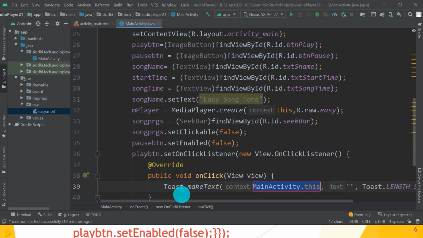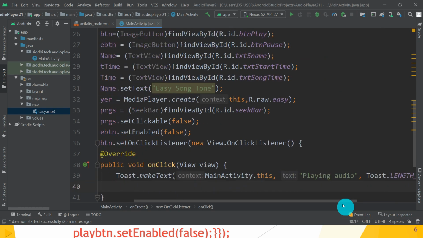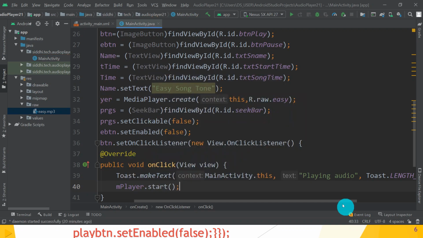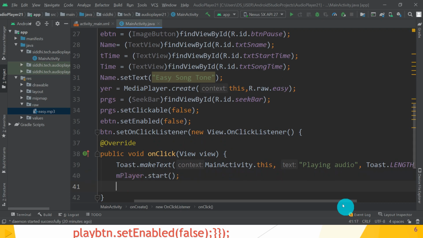What is the message? Playing audio. Great. So playing audio, we want to give the message. After that, mPlayer.start. So start playing that song by using the start method.